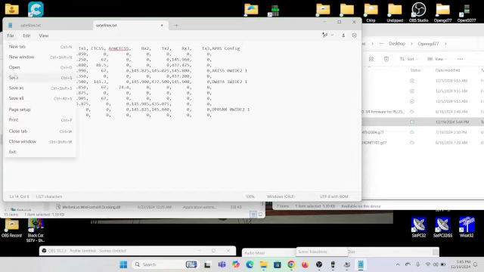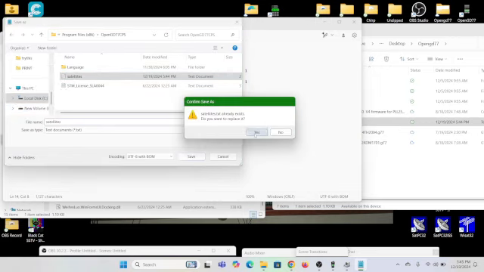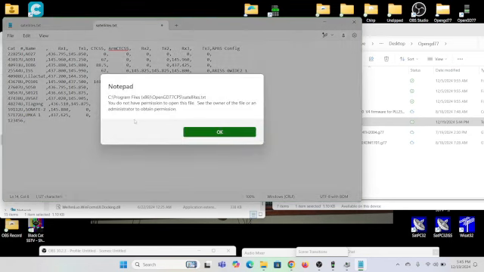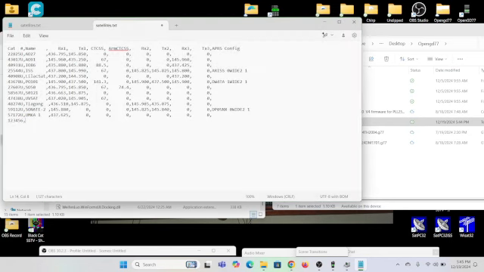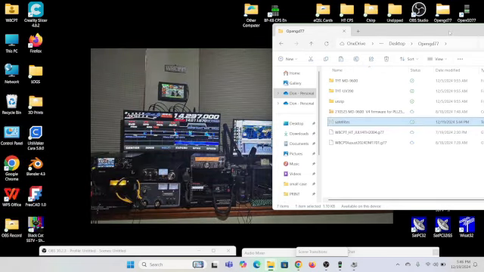Normally you would just hit save. You get an error. You don't have permission. So the only way you can edit this file is the way I just showed you. Okay, there's no other way. You have to copy it from another folder and you have to paste it in here and then hit all the prompts that come up and say yes. Okay. So with that said,